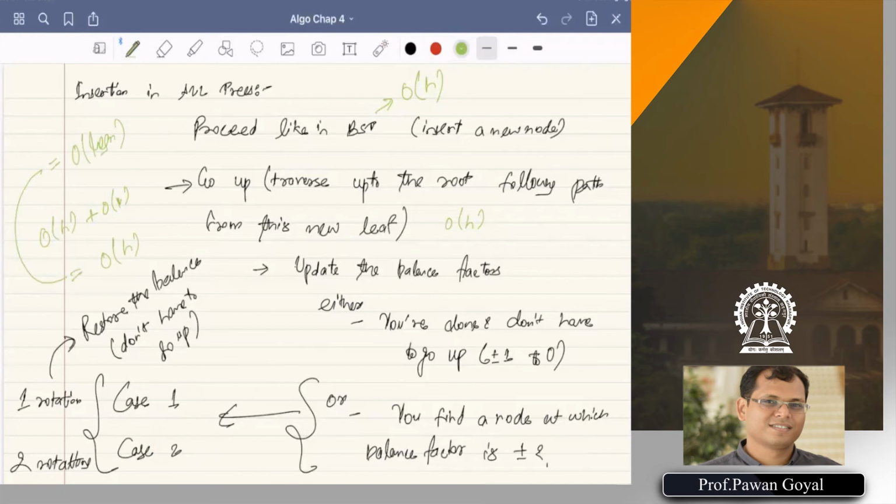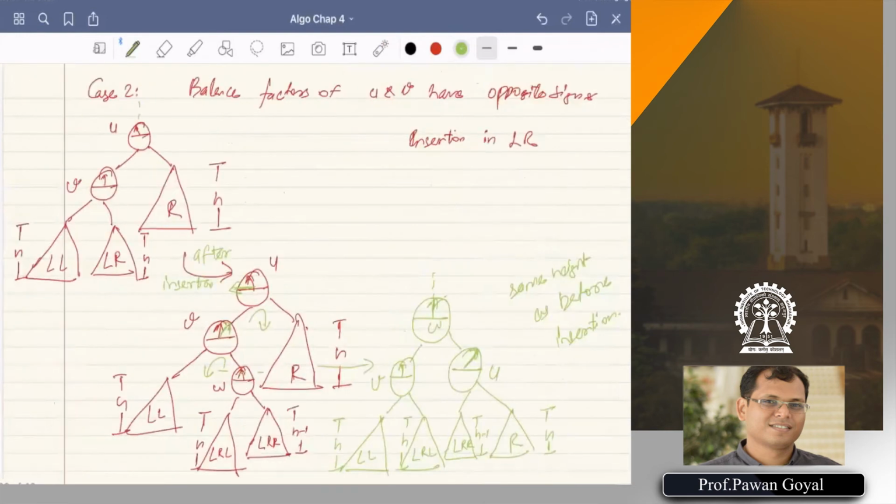Now, there is one assumption that we made in this case too. We said you have to do an insertion in LR, and we can do it either in the left or right. What happens if you do it in the right?